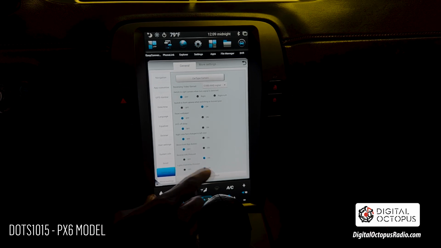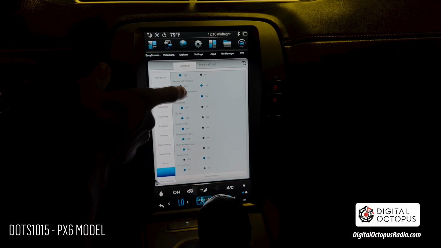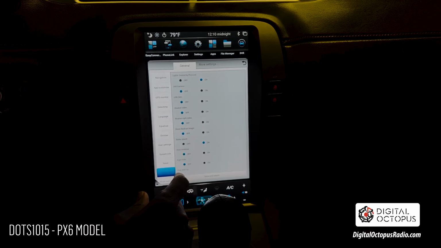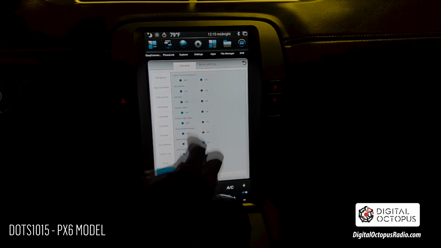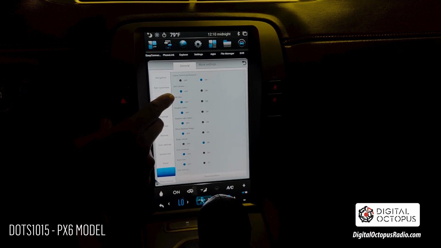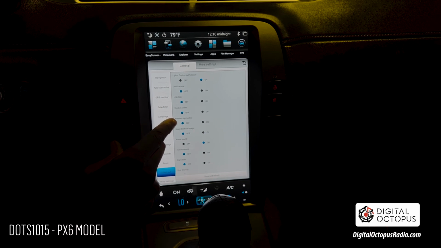Light control, on. So I'm gonna go to the next page. 360 camera off, USB 360 off, weekend off, weekend right video off, reset back car image off, radar sound on,